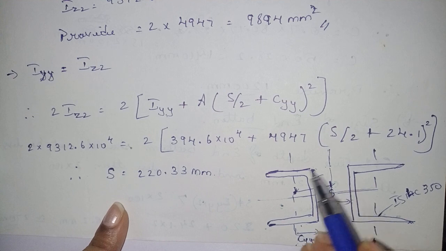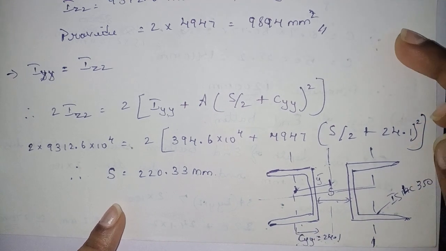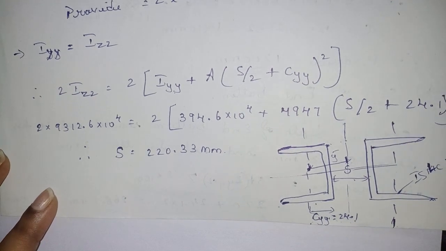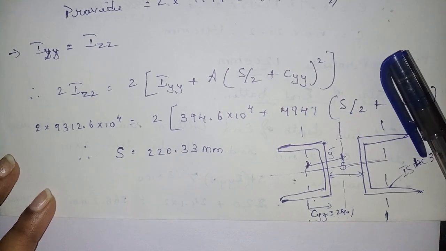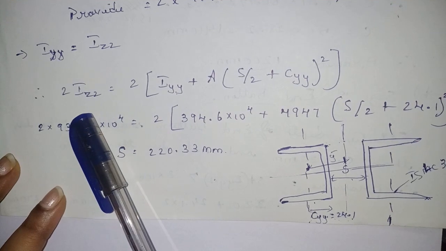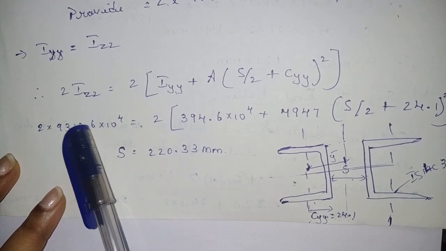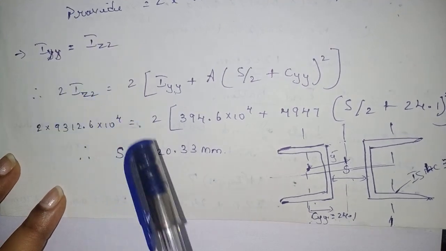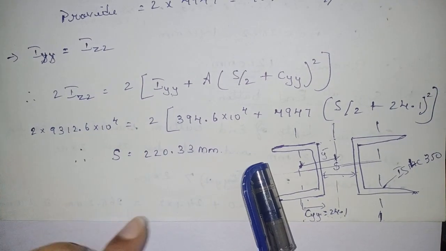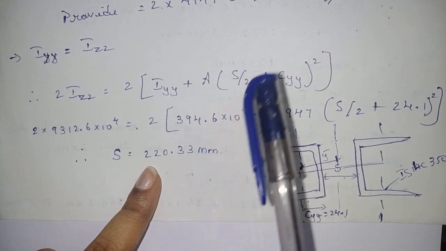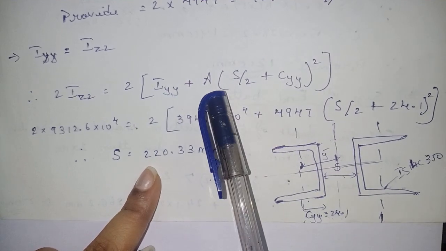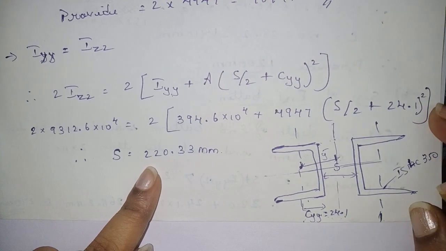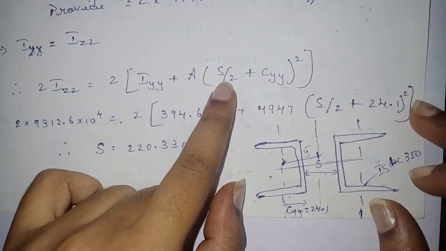Okay, because we are giving the space in the middle. So that is why. And it is specified from the code book, and it is a specification given from the code book. So here 2 times of Izz or Ixx, it is 2 times you do it is equal to, we are equating directly, you can do it separately and equate it also. Iyy it is also mentioned, plus area of the one channel section I am writing here to calculate what is y bar. Okay, so area into y bar square, right?